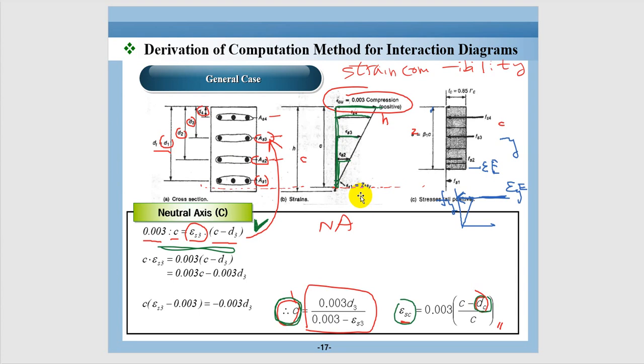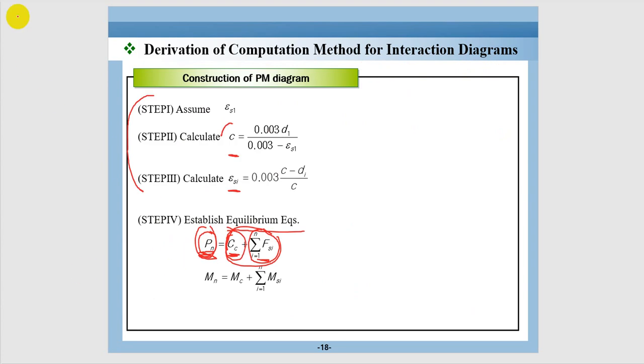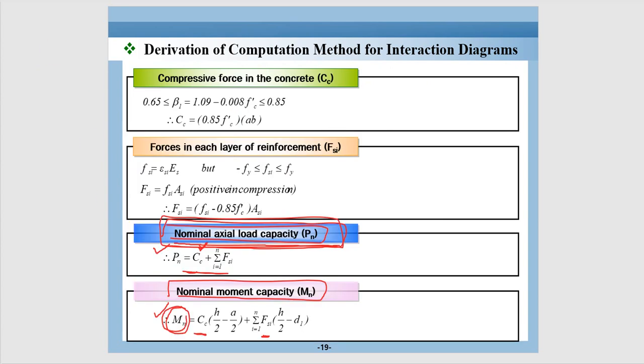This will provide you the base for calculating the interaction diagrams, and you're probably going to practice yourself using Excel. But establishing the equations in Excel is very straightforward if you understand these concepts. All you need to do is fit the formula into the cell. Now we're ready to calculate the nominal values of P and M right there. P and M is also very straightforward because you know that